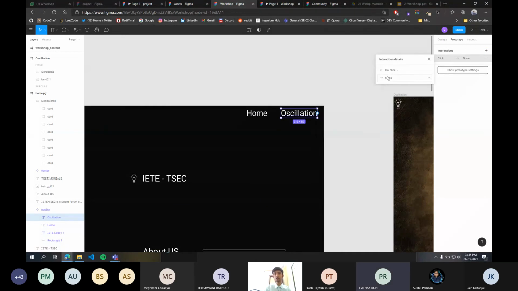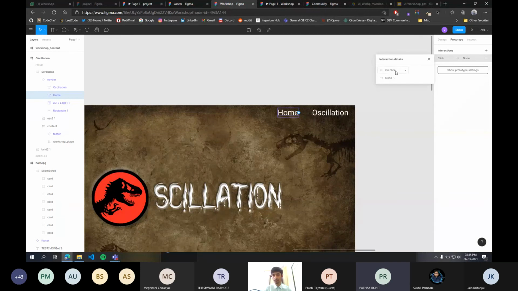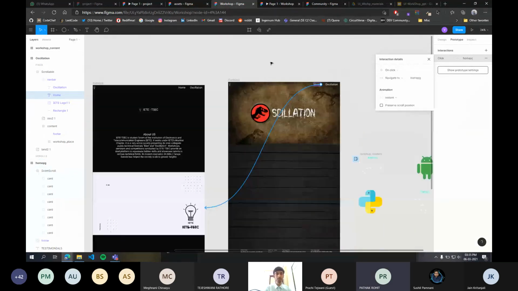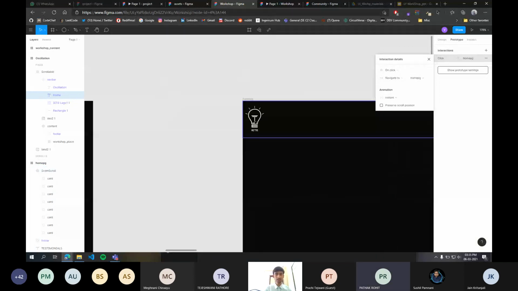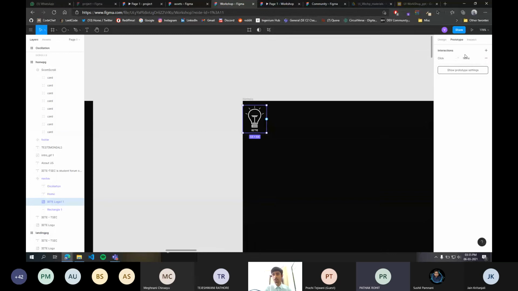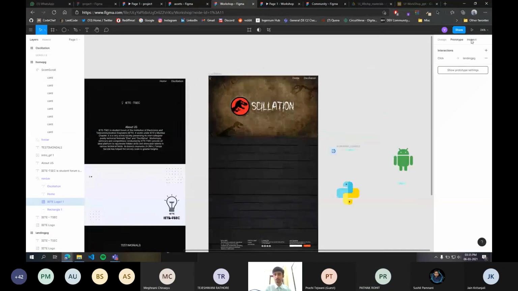On click, you want to navigate to the oscillation page. Similarly, on the oscillation page, click on home, and on click, you want to go to the home page. Another thing you could do is click on this logo and navigate to the landing page. So basically our pages are connected.